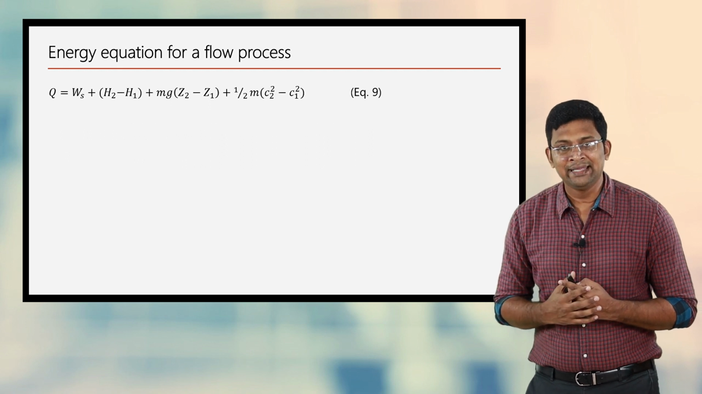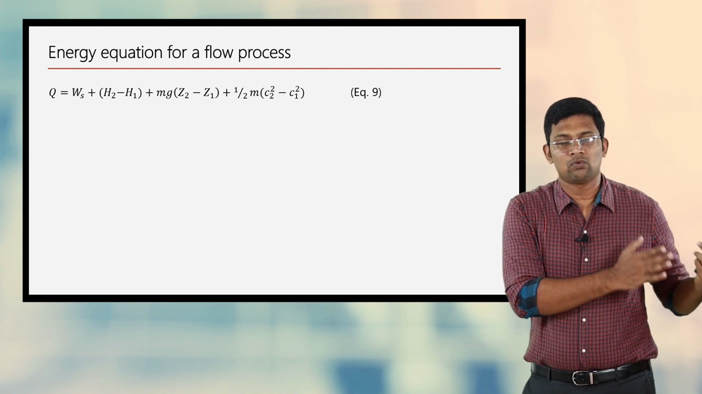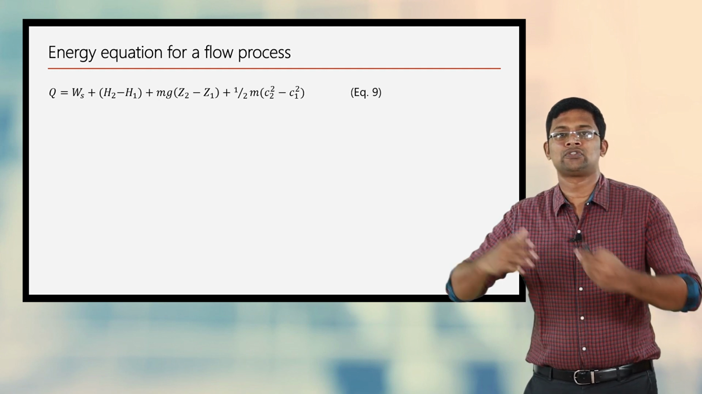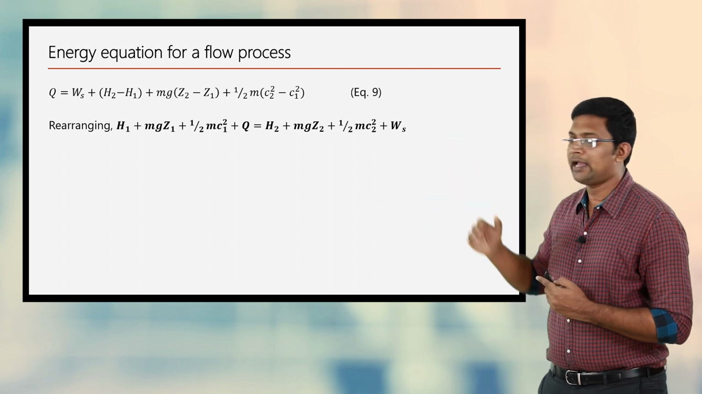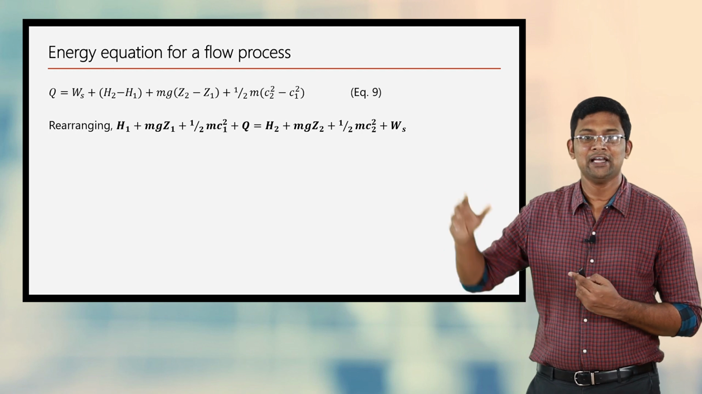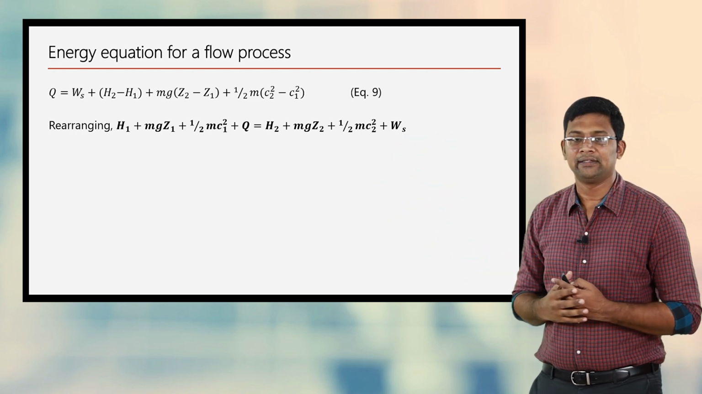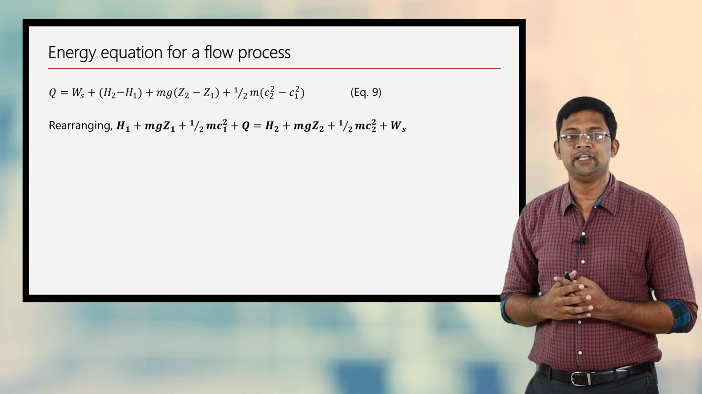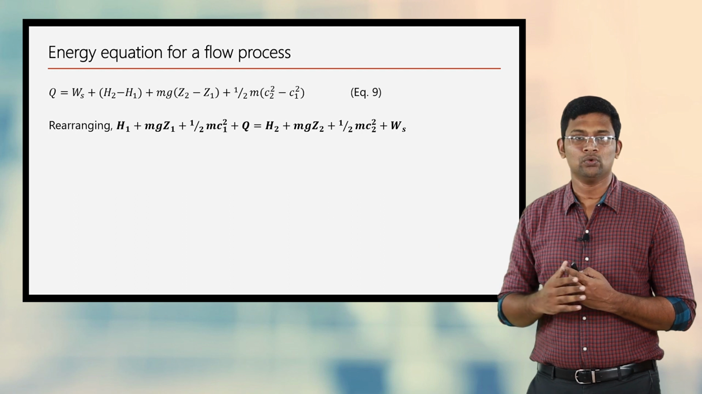Next, I am going to rearrange this expression such that all the ones come at one side of the expression and all the twos come to the other side. While rewriting, there are a few terms which have no 1 or 2, that is Q and Ws. So, the equation rewritten will be like this: H1 plus mgz1 plus half mc1 square plus Q is equal to,